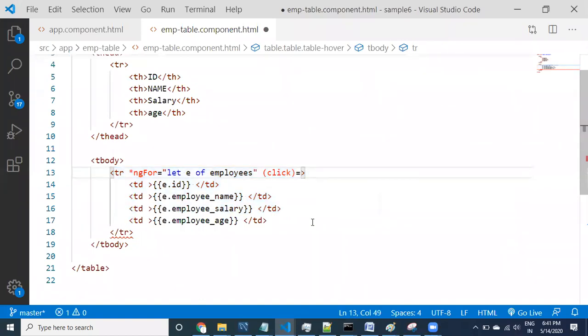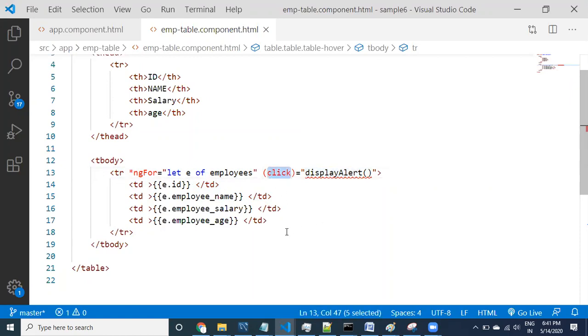So what I want to do is go to alert, the display alert method. I want to execute this method.